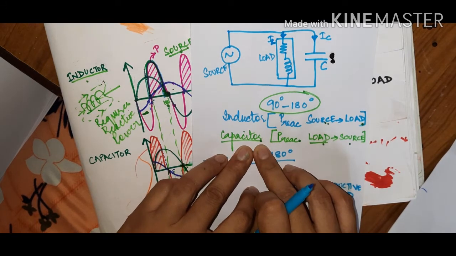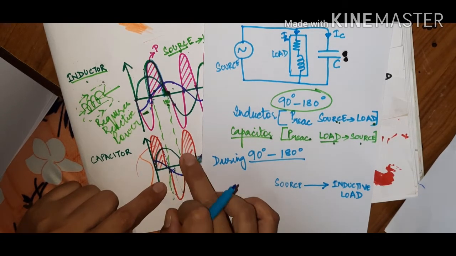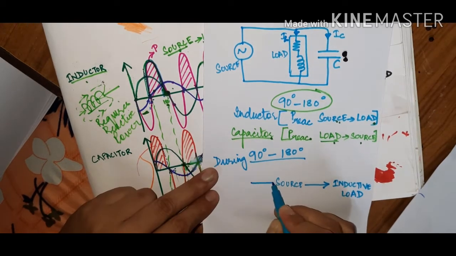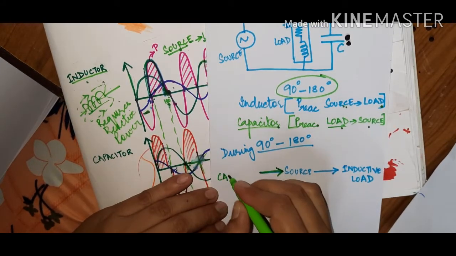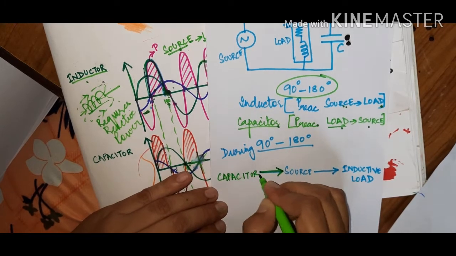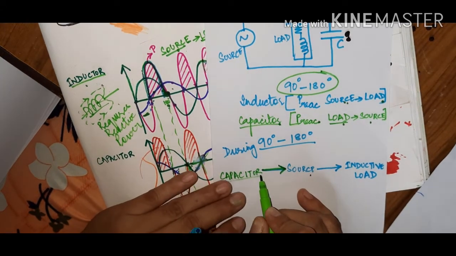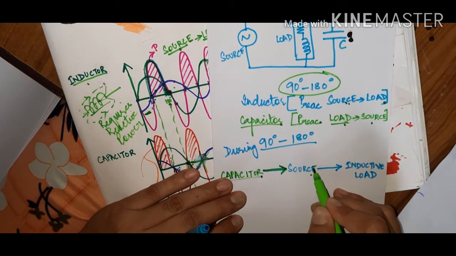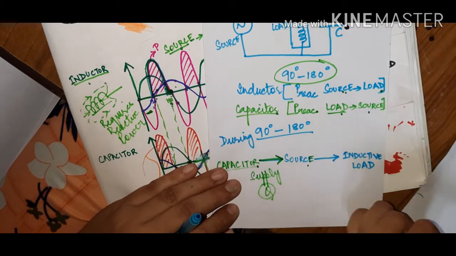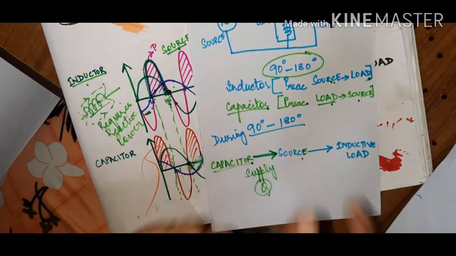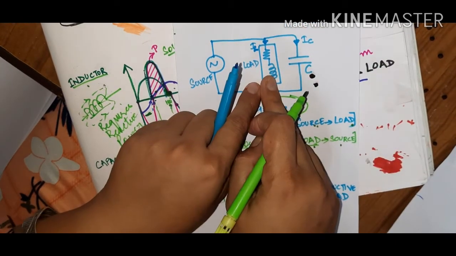Now what the capacitor wants to do is, from 90 to 180 degrees, the power cycle being in the negative half cycle, the source is obtaining reactive power from the capacitor. Like a capacitor which is installed in parallel, what is it doing? It is supplying reactive power, that is Q, that is known as the reactive power, to the source, and this source is supplying the required reactive power to set up a magnetic field.